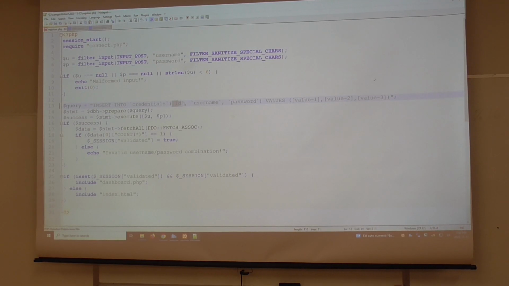Now, ID is an auto-incrementing term, so we don't need it. Value 1 and value 2 are supposed to be U and P. U and P. What have I just done? We're exposed to that injection attack.